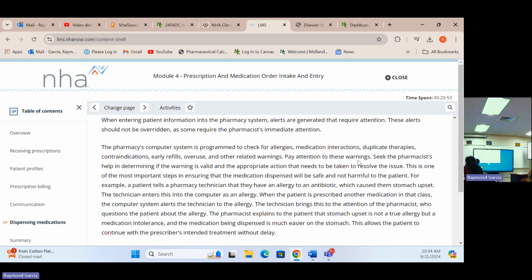All right, so right now we're talking about the auxiliary tables, why we put them on there and whatnot. The pharmacy's computer system is programmed to alert for duplicate therapies, contraindications, refills, and other related warnings. Pay attention to these warnings. Seek the pharmacist's help in determining if the alert is valid and the appropriate action that needs to be taken to resolve the issue. This is one of the important steps in ensuring that the medication is safe and not harmful to the patient. Keep in mind the third